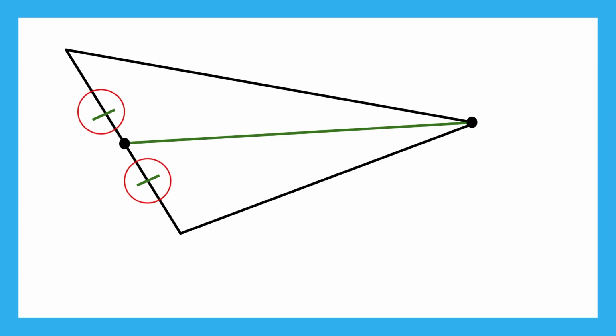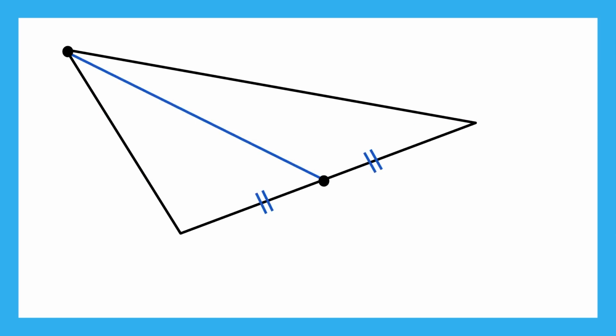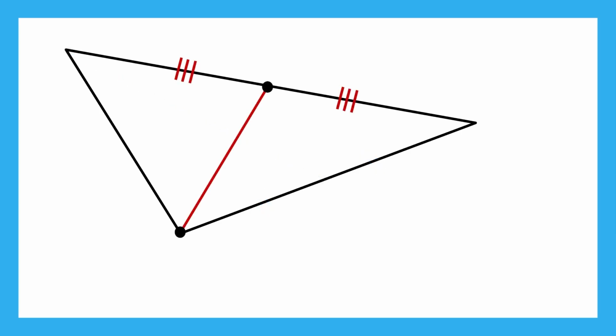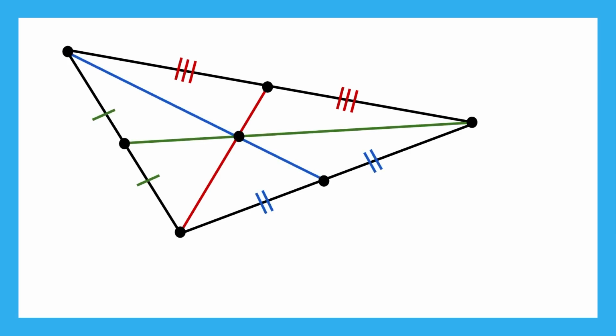Let's do a little more exploration before completing our example problem. The median of a triangle may be a new concept to you, so let's go through all 3 of the medians for this triangle. Here's one median. Notice how it goes from a vertex and bisects the side opposite to the vertex. Here's another median. Again, going from a vertex to the middle of the opposite side. And here's the final median. The place where all 3 of these meet is the centroid.